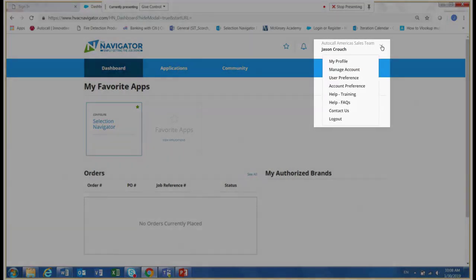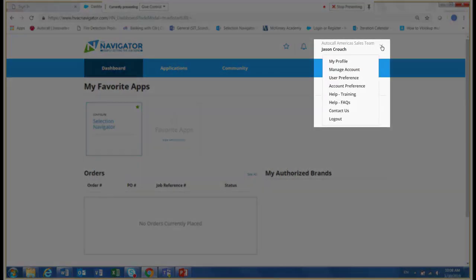I'm going to click the drop-down arrow, and there's a list of options on that drop-down menu. You can manage the profile. What we're going to do is manage account. Now, as a delegate admin, you have access to manage account and account preferences. Standard users won't have that option available to them. So I'm going to click Manage Account,